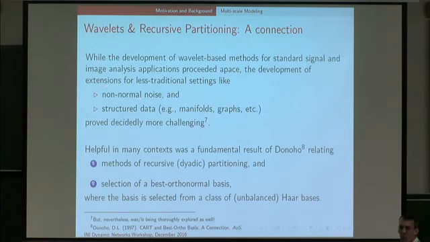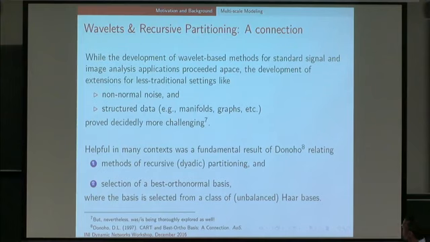Because wavelets being orthonormal bases, working with normal noise, could transform problems into normal noise problems, and basically everything was still very nice. With Poisson type noise or other things like that, working with orthonormal bases became non-trivial. Or working with structured data, on things that were, say, on manifolds, on graphs or whatnot, that also made the mathematical bottleneck fairly substantial in being able to change the underlying multi-scale representation in a way that kept all the properties.